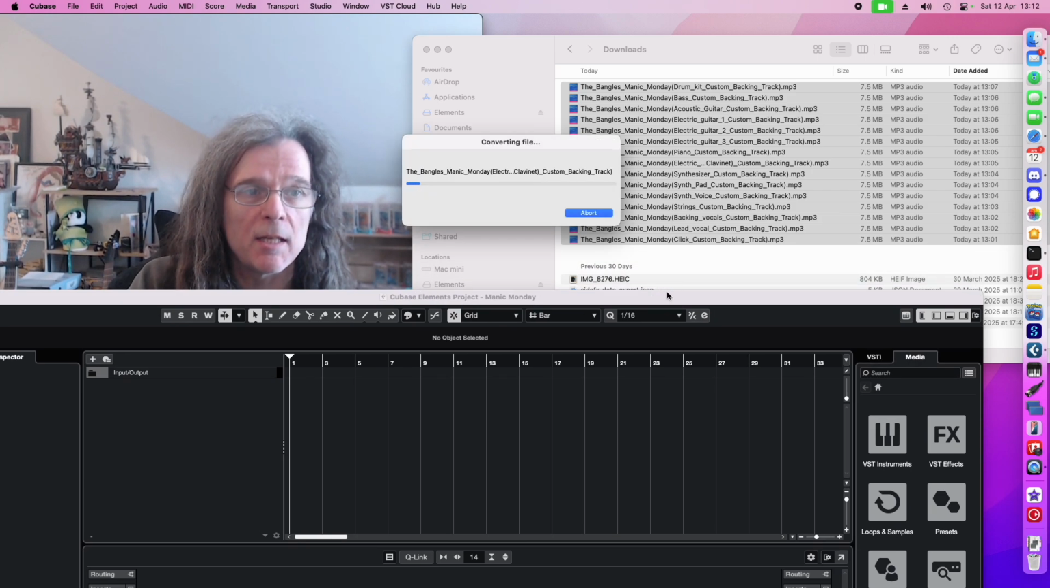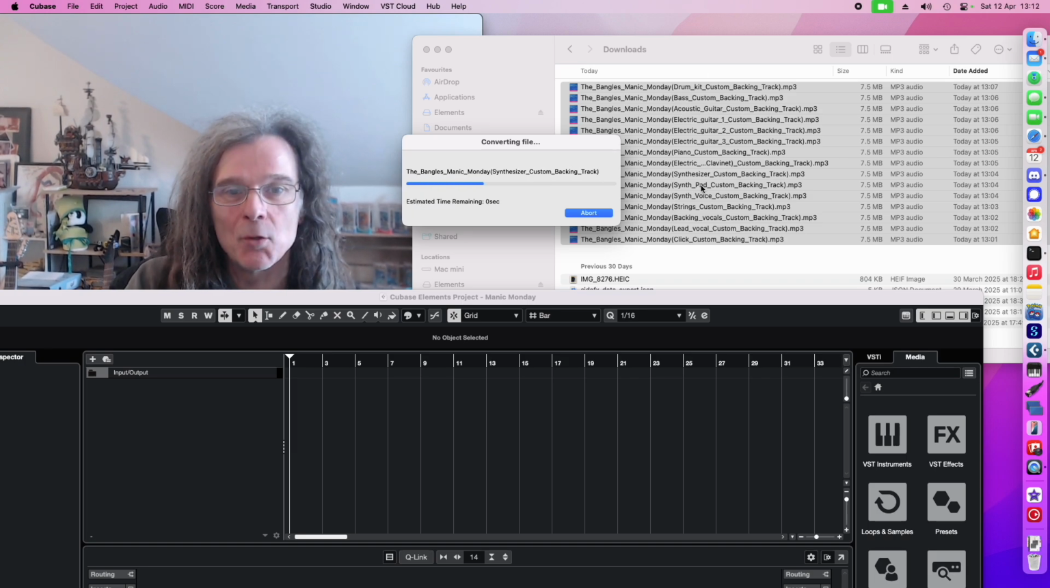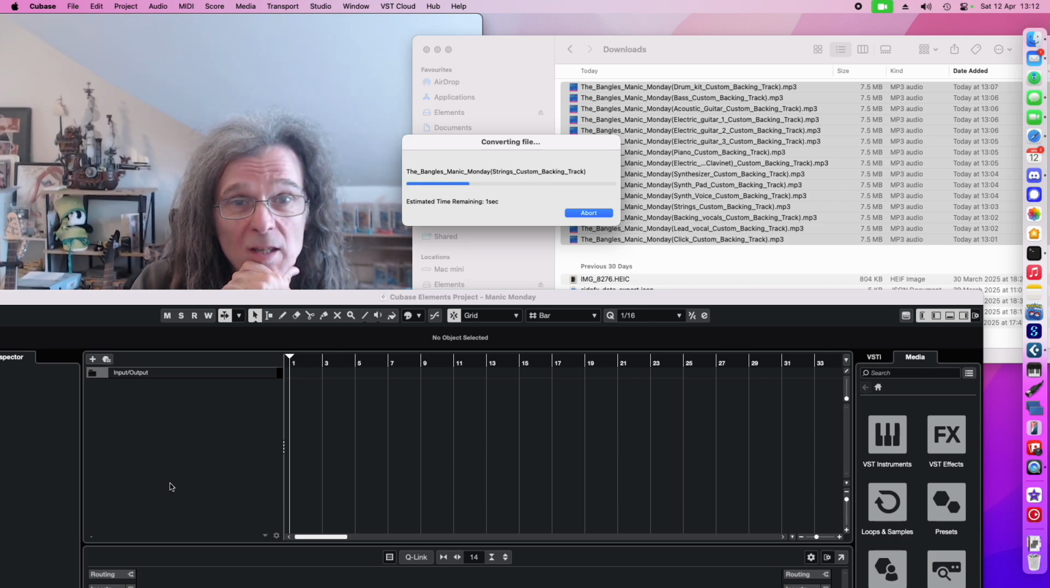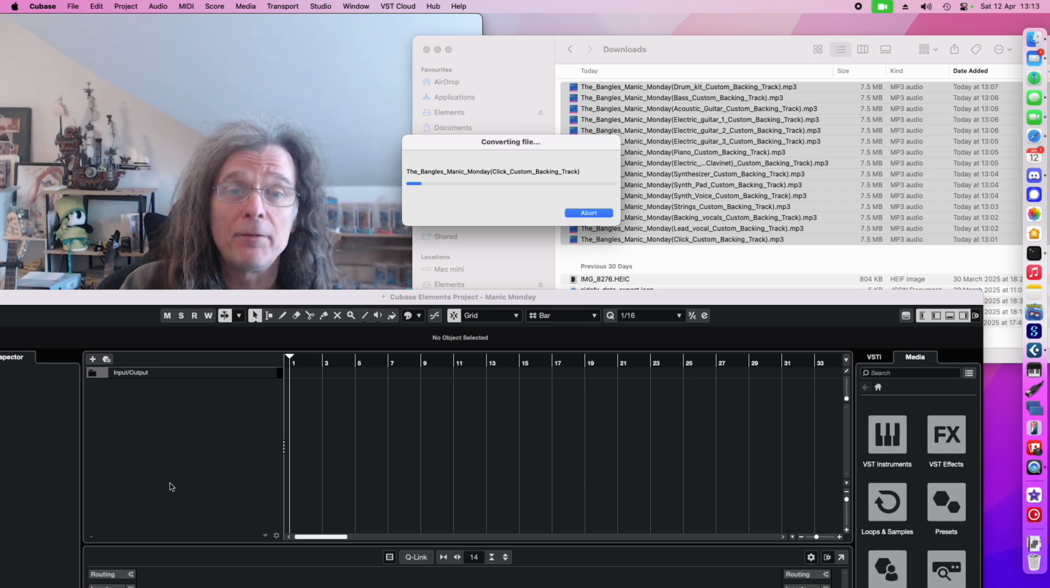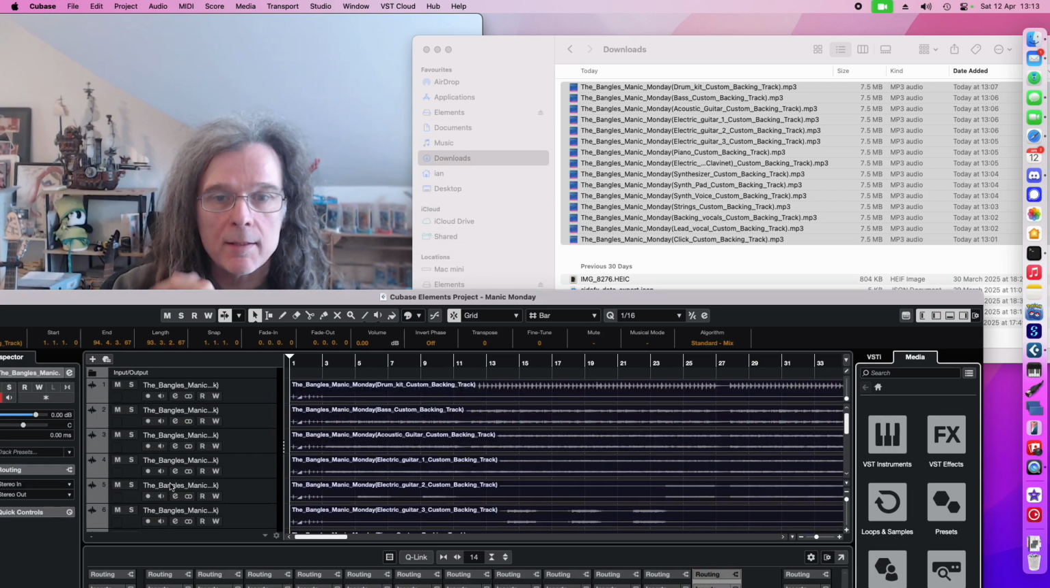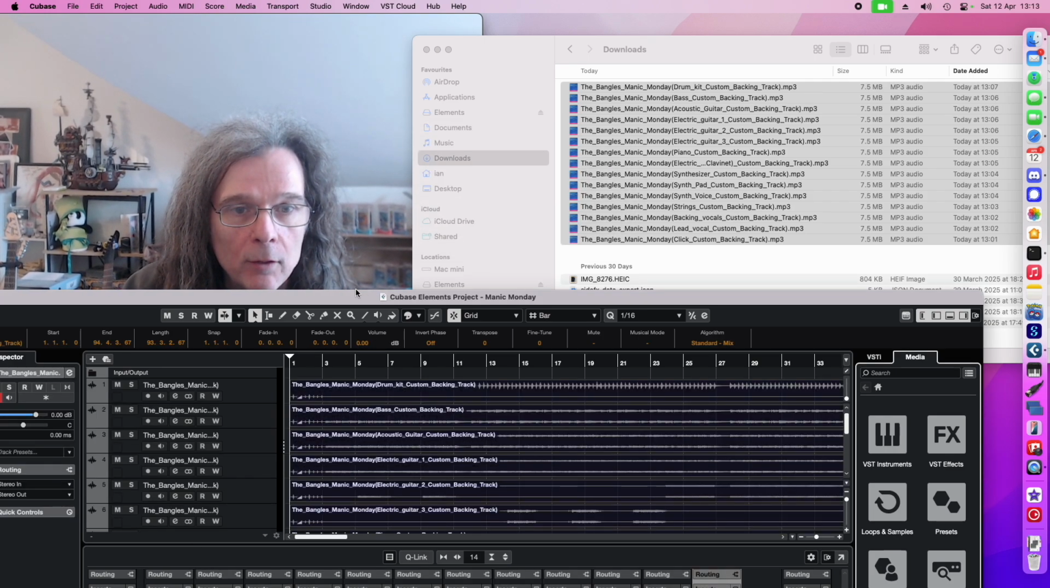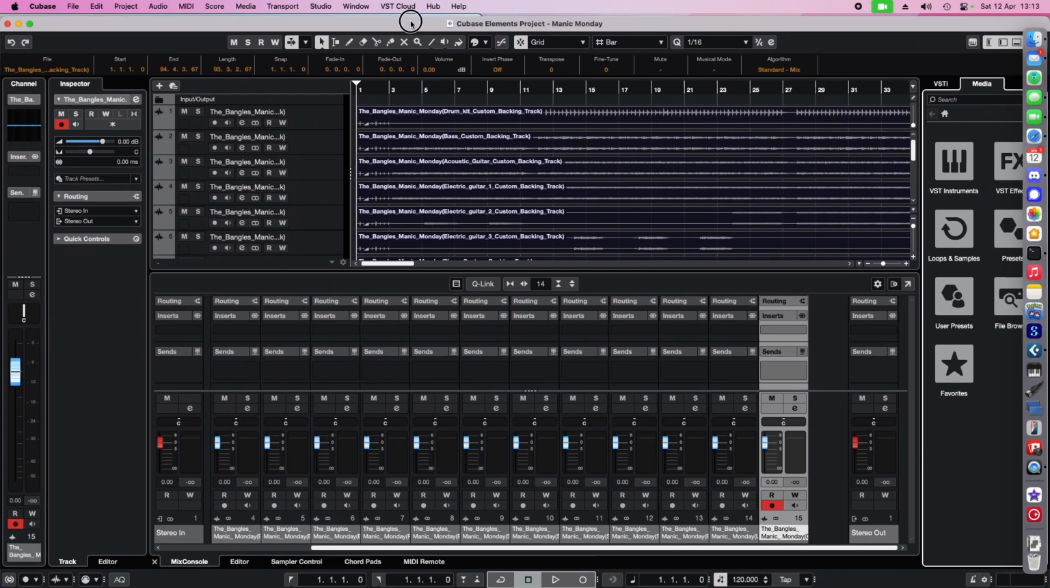Now, the trick is, because they're ordered like this, this is the order that the tracks are going to appear in Cubase. For months I was doing it the other way around, and then the first thing I had to do was reorder all my tracks to get them right. But you'll see now that they're in Cubase,